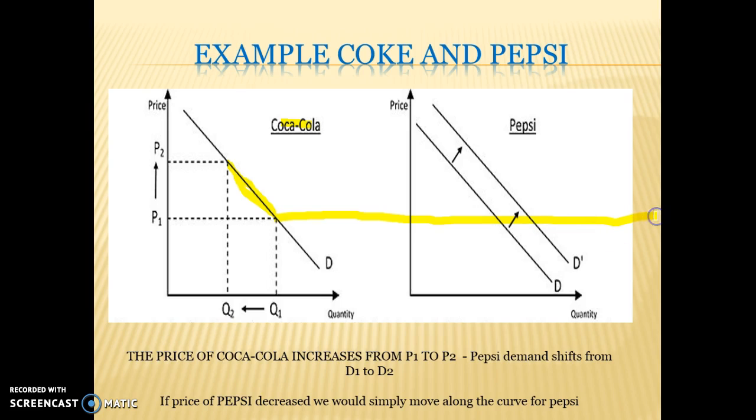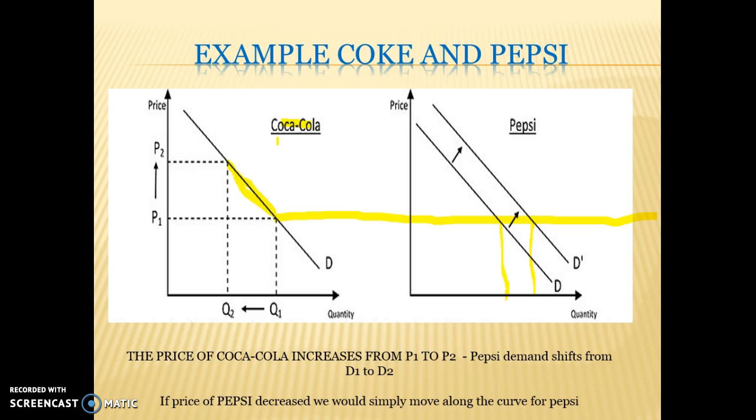We haven't changed the price of Pepsi, but now there's more demand at any given price for Pepsi because Coca-Cola is more expensive. So demand has gone from this point here, let's say that was 50 units, to 70 units, purely based on the fact that Coca-Cola is more expensive. So if the price of a substitute product increases, that's going to lead to a shift in the demand curve